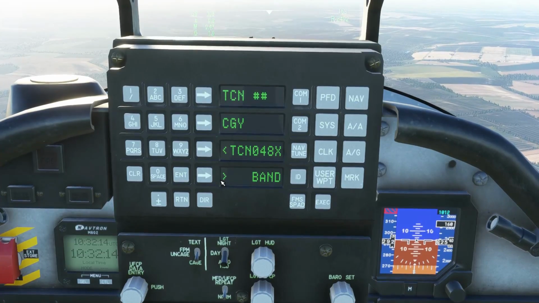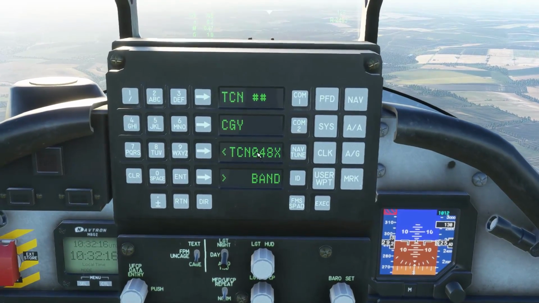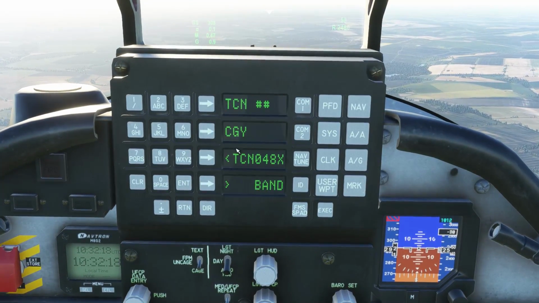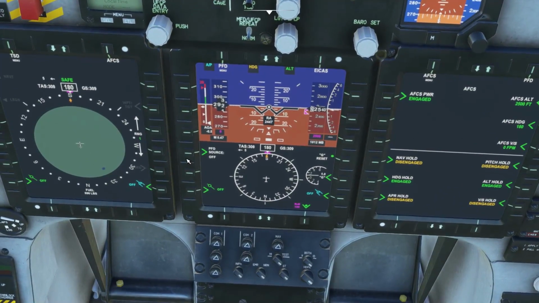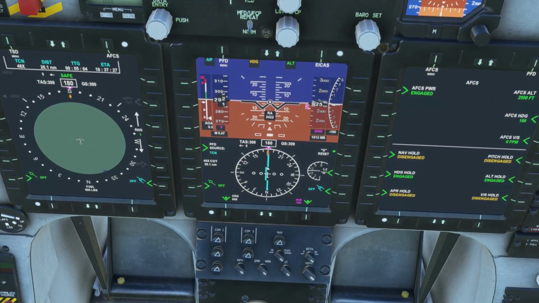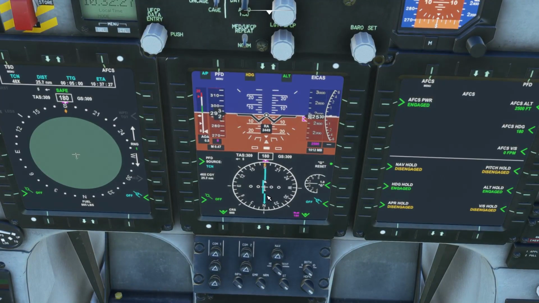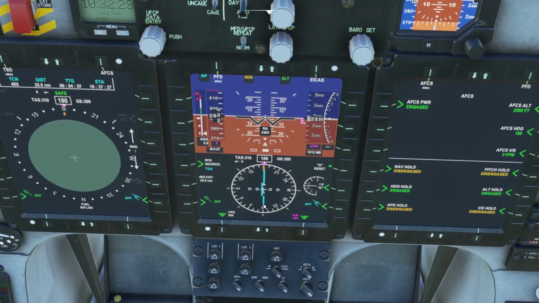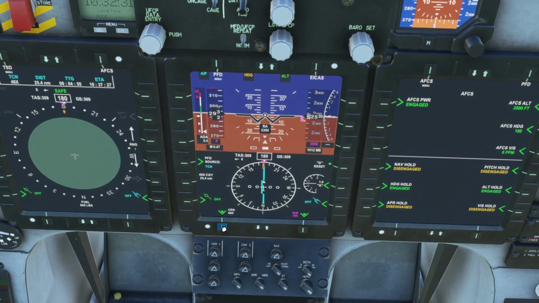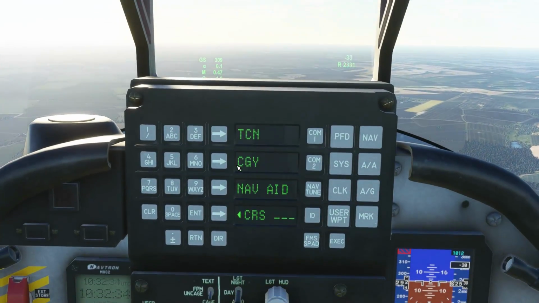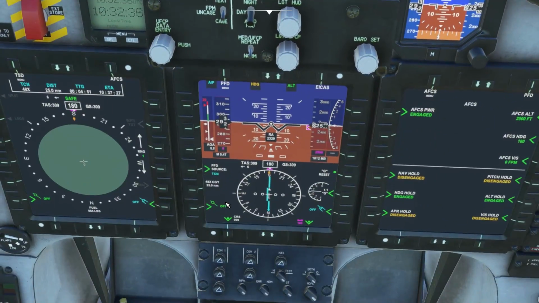Enter that. You can change the band to Yankee if you have it. As you can see, we've got our ident there as Coningsby. And if I put that into the PFD source, we have, well, the course needle's facing in the wrong direction for starters. So if I'm going to change that quickly to 180,